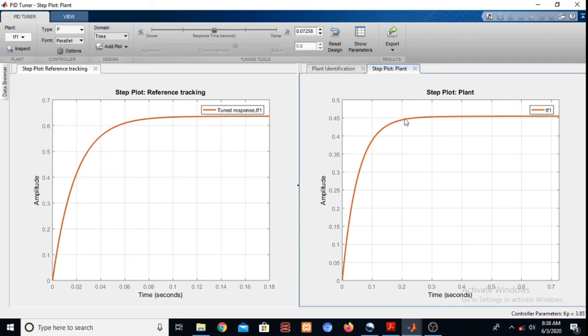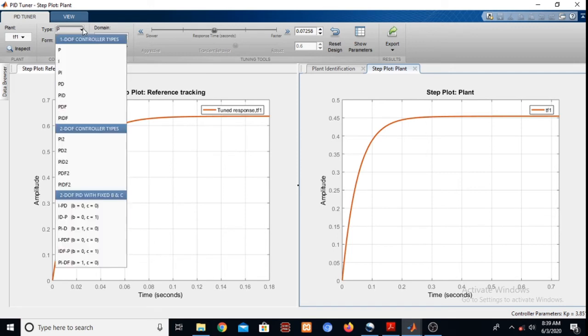So this is a plant model, plant step response, and this is our reference tracking step plot of the closed loop transfer function with the proportional gain.